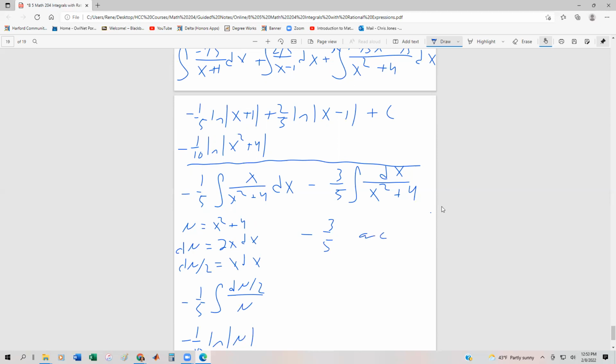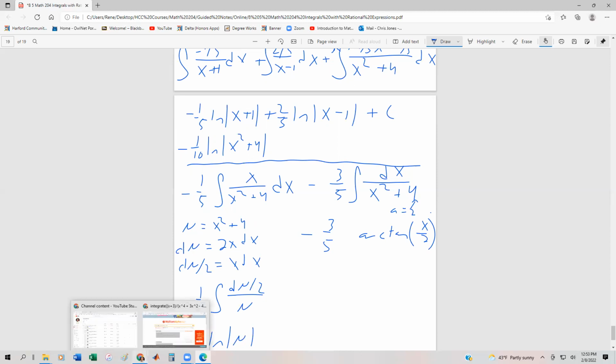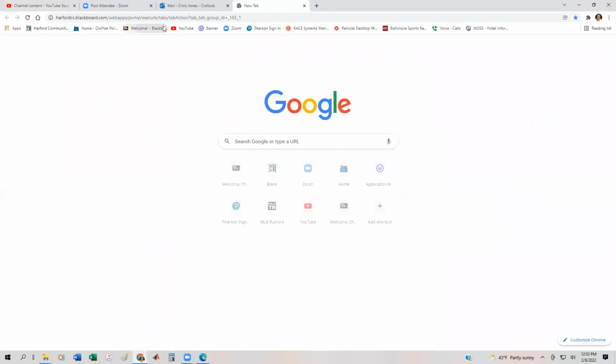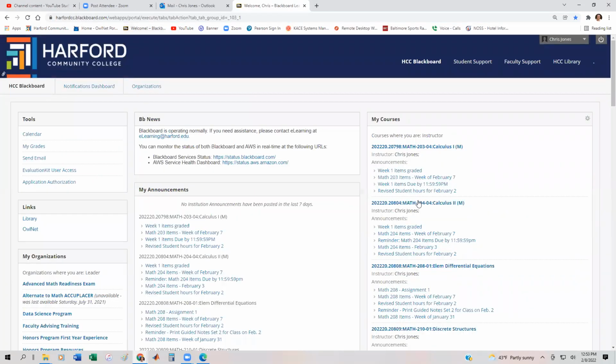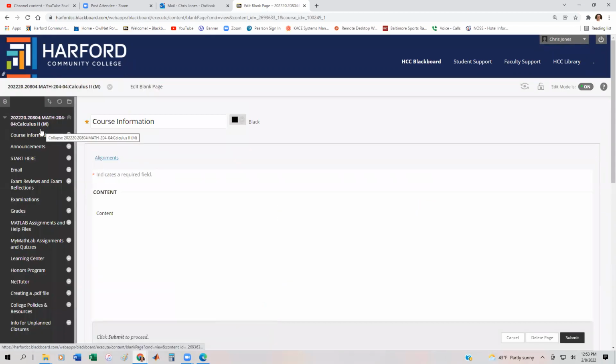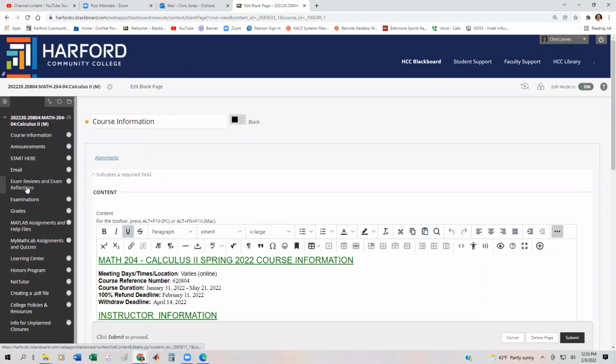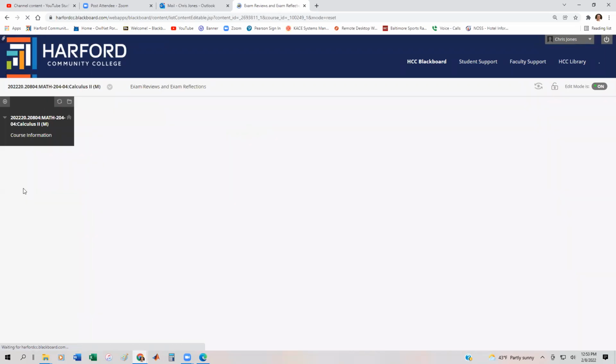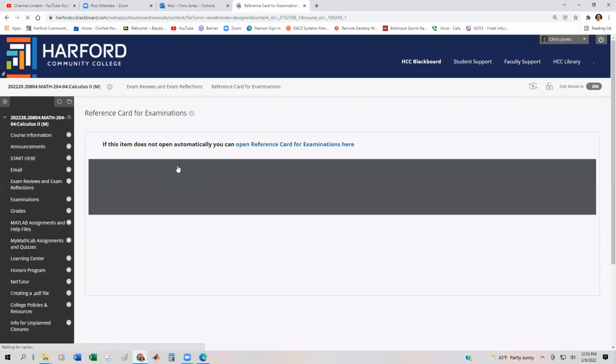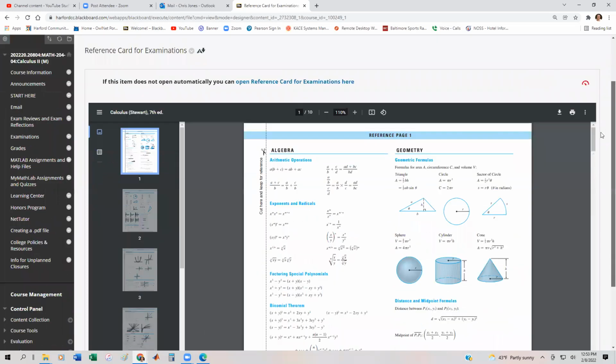And we're going to have arctan of x over 2, in this case a is equal to 2. And by the way, where I'm getting this from, just to make sure you all understand, if I go into my Blackboard page, just to show this really quickly, if you go to files and documents, or the examinations, sorry, exam reviews, and the reference card for the examinations, there should be